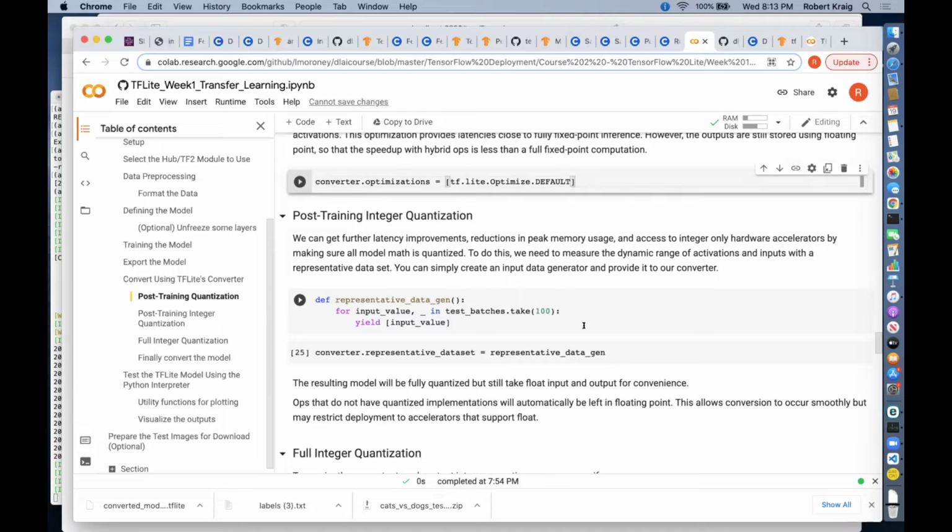And floats can vary over many, many orders of magnitude without really compromising accuracy. So I think that's why we're doing the representative data set here, is just to get a sense of what the range of activations our model will get on data that we feed into it